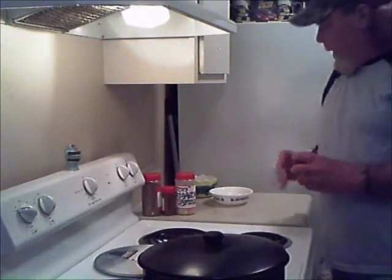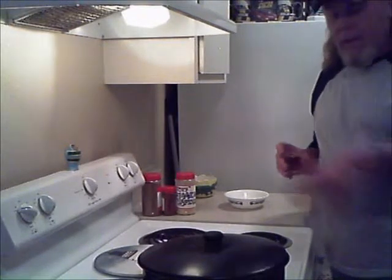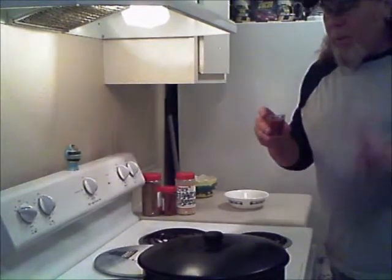Anyway, while we're waiting, you're going to have to wait. It's going to sit there and simmer for at least an hour. It's going to take a while for those squashies to get nice and soft and yummy. And the meat just slowly starts to deteriorate. And we'll mix our little batter up. It's just a little flour and hot water like you would to thicken a gravy. That's basically all you're doing, is sopping up all the juices that are left over, and you're going to see. But while you're waiting,